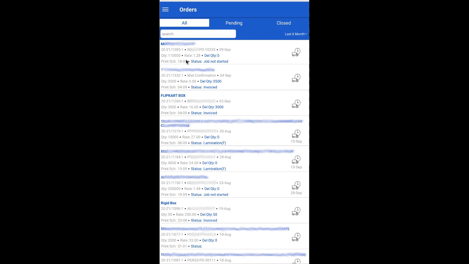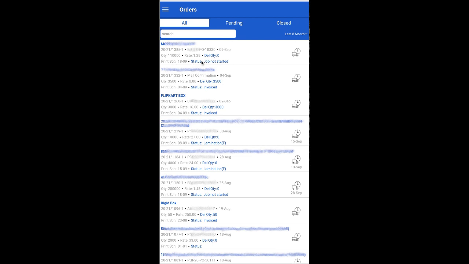All this information is directly coming from our database, and we are doing all our planning on the print management software that we have. Whatever time and date we have planned the job to be printed, that's the date that is coming over here. So you have exact information, real-time information, and more accurate information even compared to your CRM or your sales manager.